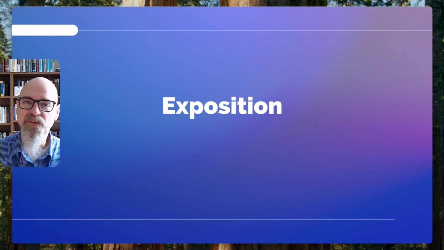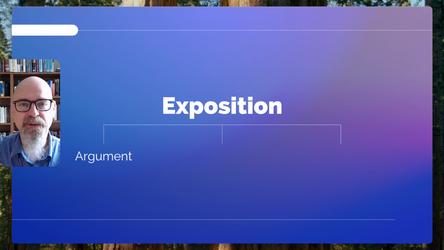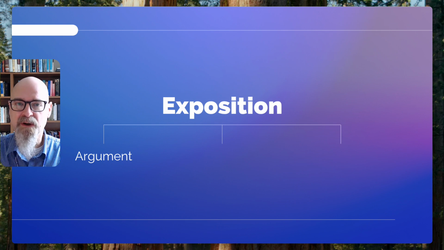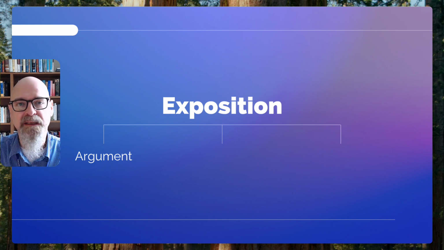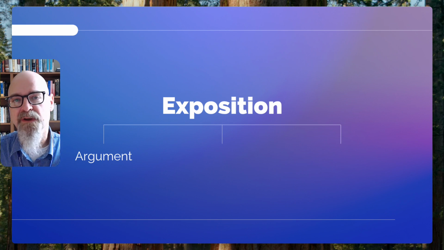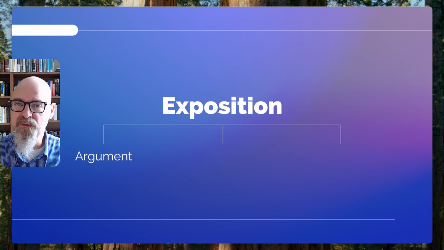So there's three main things that we want to think through when we deal with exposition. The first would be tracing the argument. Now again, here I don't mean an argument where two people are angry and they're yelling at each other. I mean a logical, coherent argument that takes you from point A to point B to point C and then makes a deduction D that we can then hold as true. And so part of our responsibility when we look at exposition is to figure out how the author has constructed the argument, to trace the logical flow, if you will.